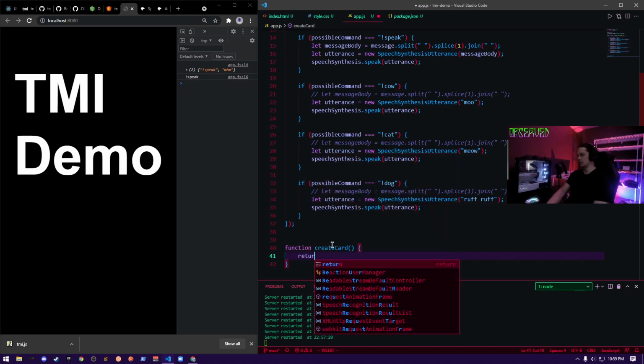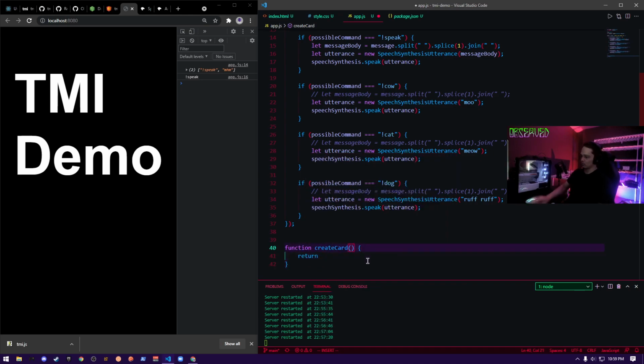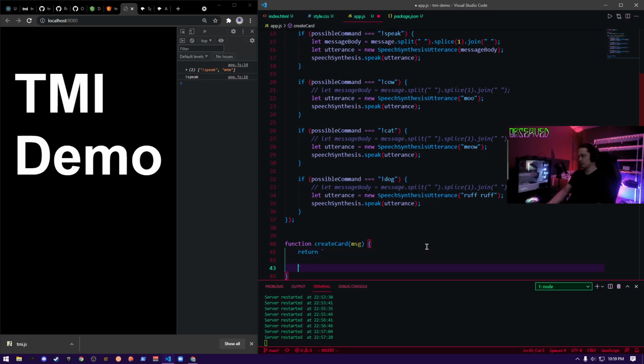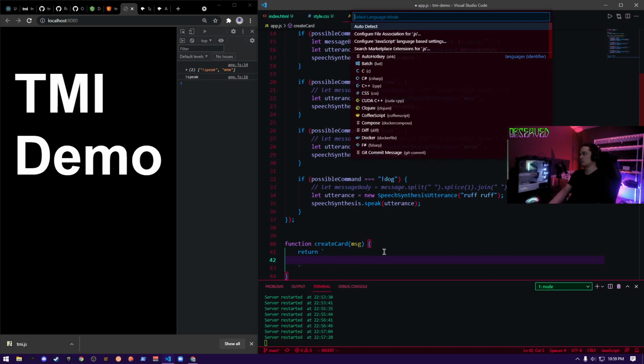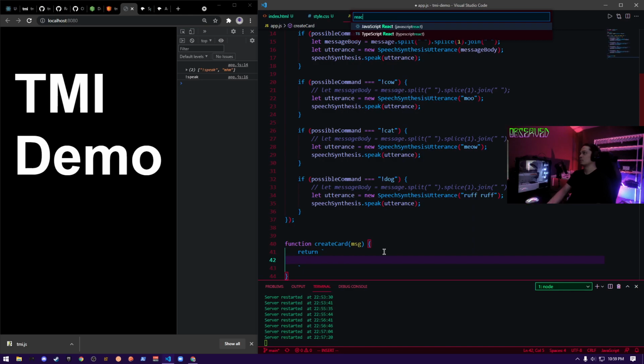It's going to return a card that will go over here.